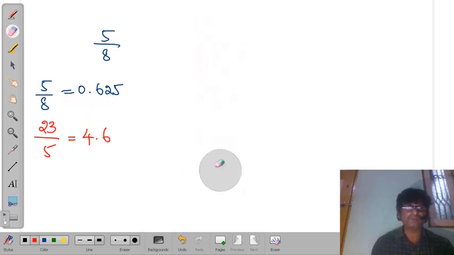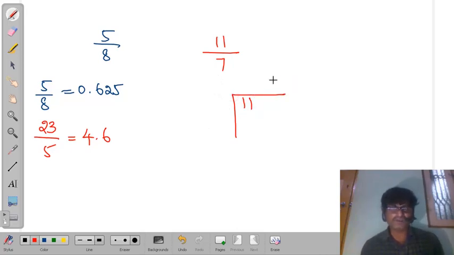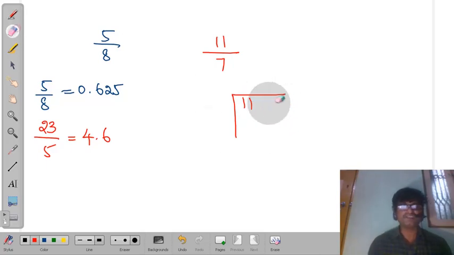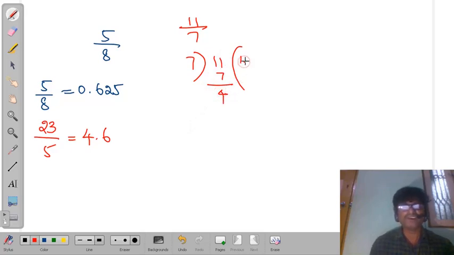Let me take one more example. Something like we take 11 divided by 7. So let us divide 11 by 7. What happens? Let us check. If you are not comfortable with these type of notation, let me take like this. 11 by 7, we need 7. 7 times 1 is 7. The remainder will be how much? 11 minus 7 is 4. Now you take point here, decimal point. So put 0 here, and then